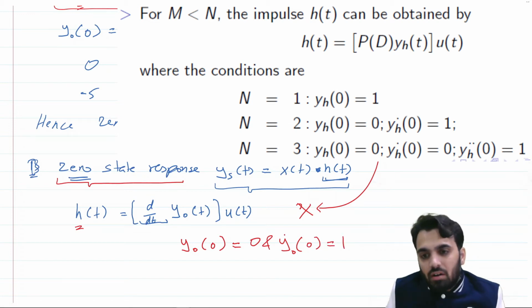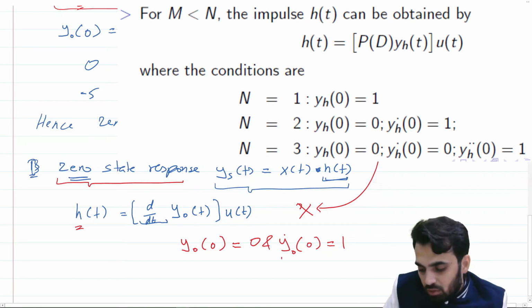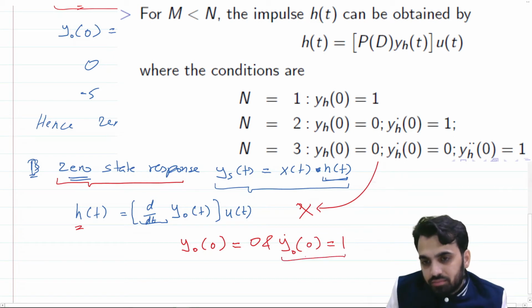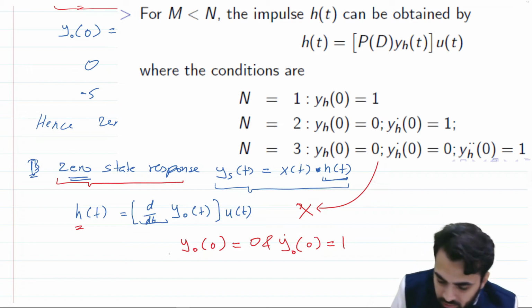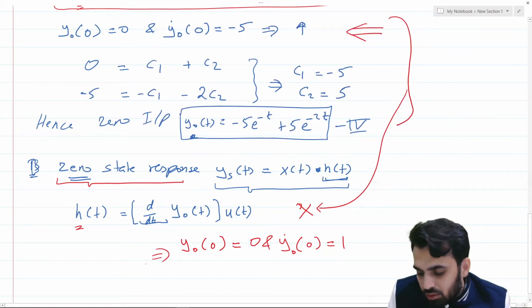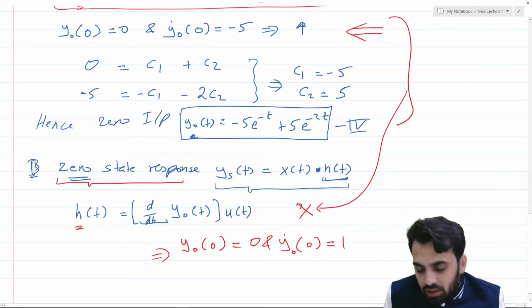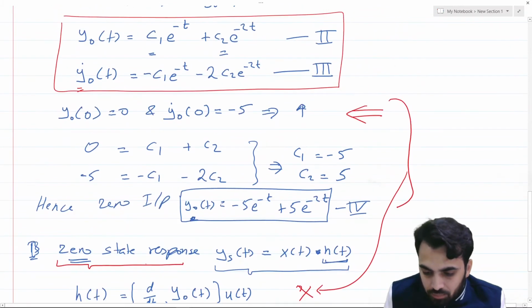So if it was a higher order differential, the last value would be set to 1. So hence setting y naught of 0 and y naught prime of 0 in 2 and 3,